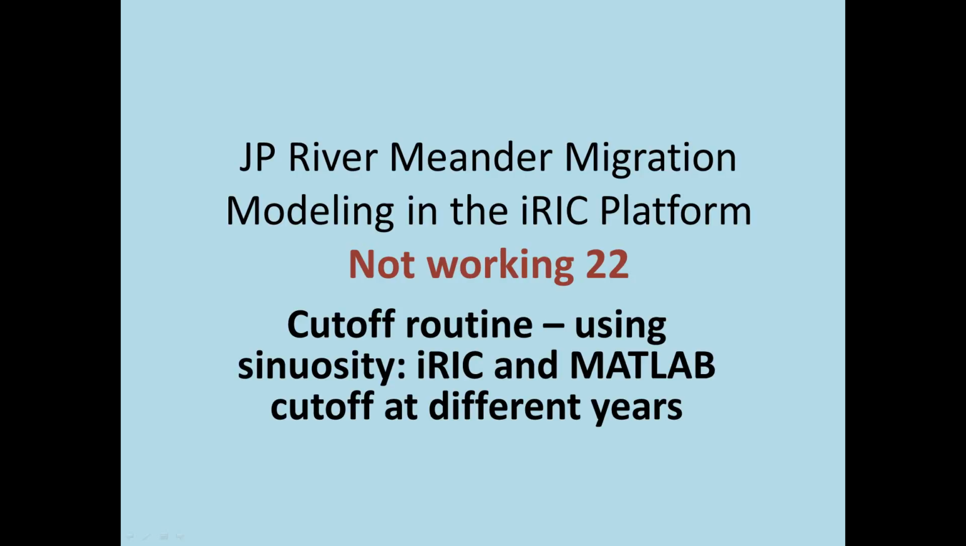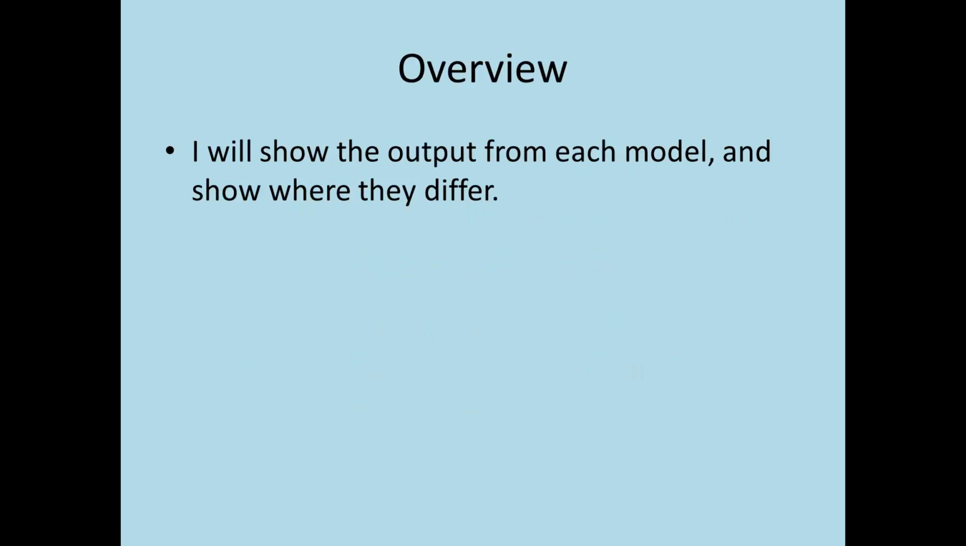Both the MATLAB and the iRIC models appear, and I say appear because I haven't done an exhaustive test, to predict similar migration, but they differ at when they make the cutoff occur. I don't consider this a particularly polished video because I wanted to get it out quickly. But I will show you how the output from each model comes out and show you exactly where those output